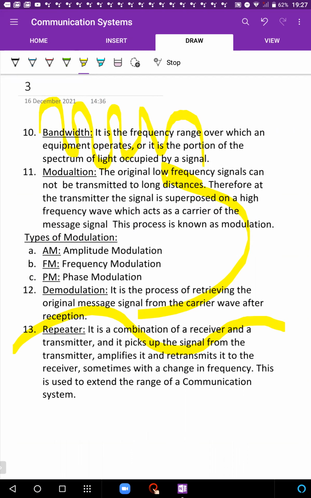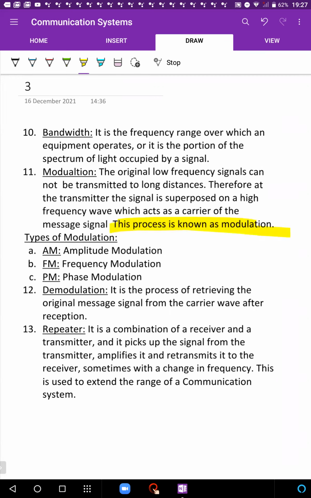So based on the way we superpose it, we can send a signal which carries this message. Okay, so our signal is going to be a carrier. A high frequency wave is going to be a carrier of our message. That process of putting our message on a higher frequency signal is known as modulation. Okay, we'll come back to this in more detail. The three types of modulation: amplitude, frequency, and phase modulation, which we will understand later.